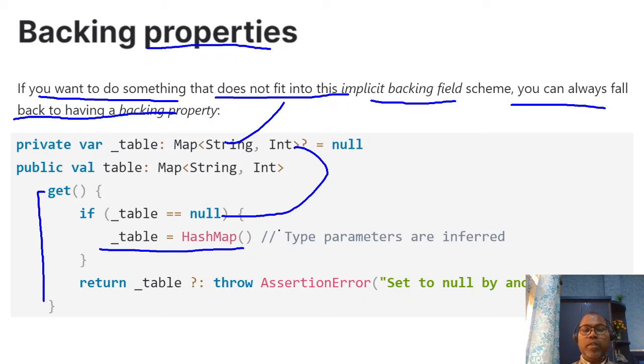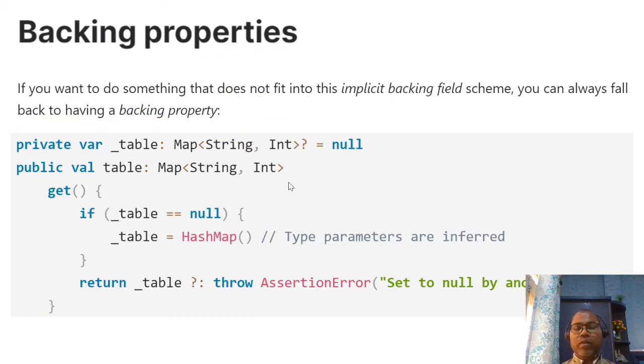Here in the property you can initialize. In this way we have some reference variables where you can manually specify. In the case of a hash map, we manually want to initialize this hash map with a particular default value. So this type parameter you can manually specify. So in this way, backing field and backing property, this is the concept Kotlin offers.